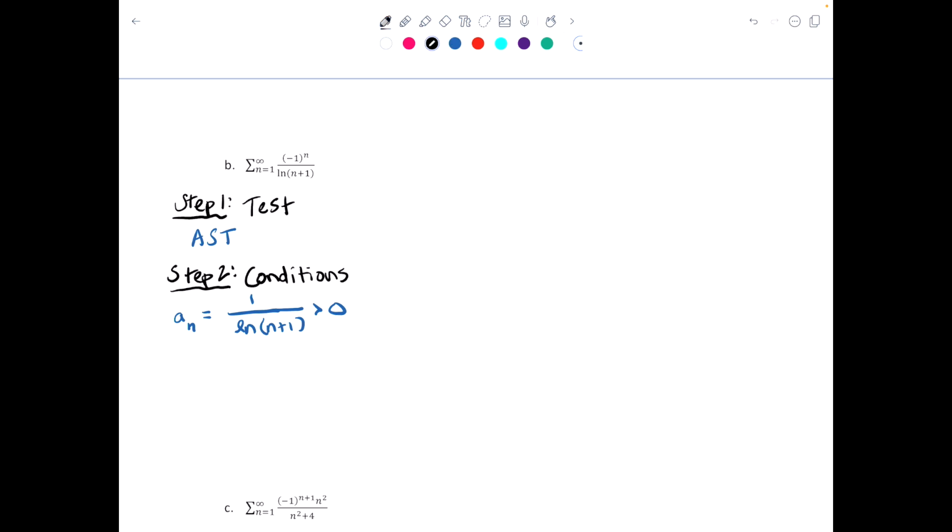All right, so step 3, run the test. So part 1, the limit as n approaches infinity of 1 over the natural log of n plus 1 is equal to 0. So that checks. Because remember, the natural log function increases without bound. And then 2,